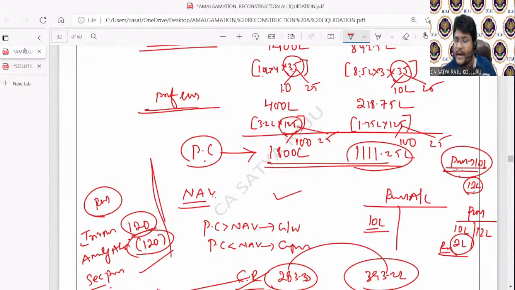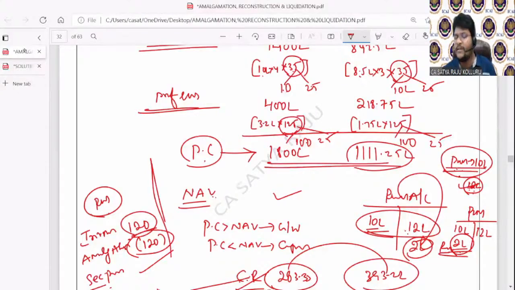Now sale proceeds you are getting 12 lakhs. Such 12 lakhs you are putting under the credit. The net difference is how much? Which is 2 lakhs. Again 2 lakhs only you are making under the realization. The same thing I am transferring, the 2 lakhs only, to the realization. Both are same. That's why which account needs to be transferred to realization, which account doesn't need to be transferred to realization, no need to think.